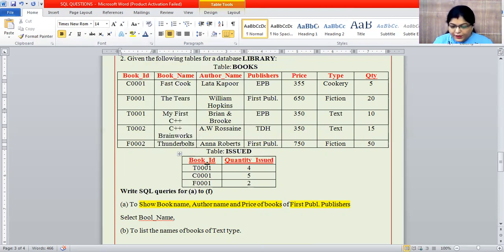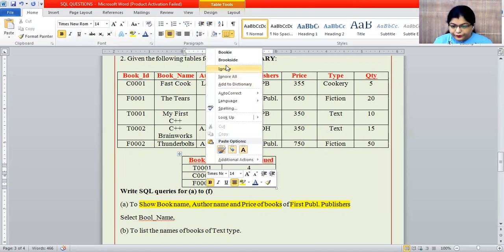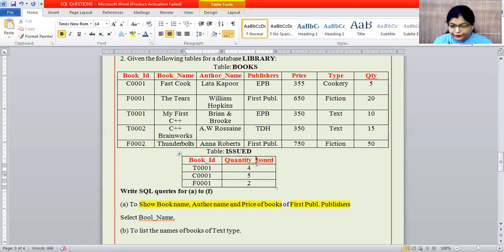Now you can very easily see. Here also I just removed the underline.